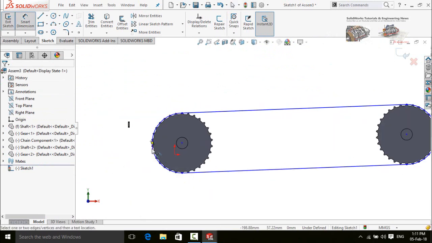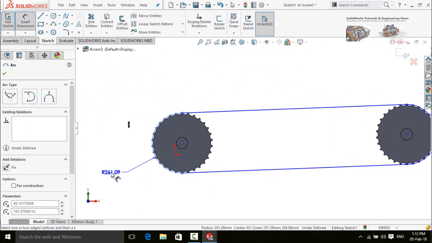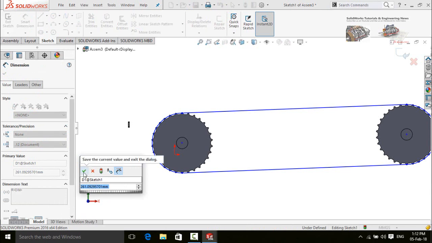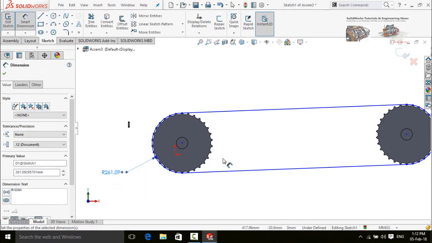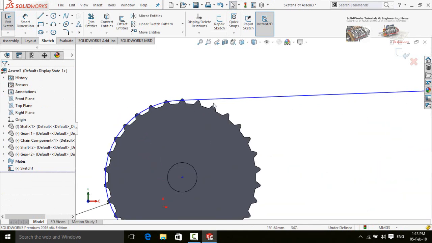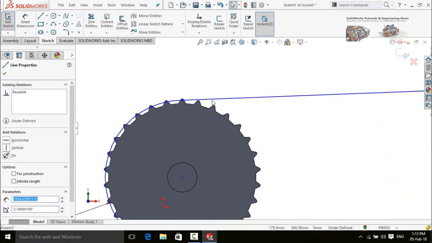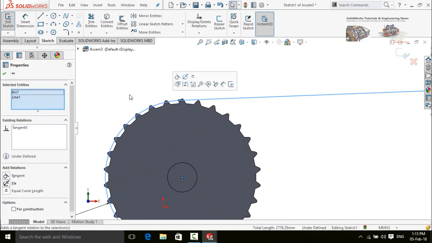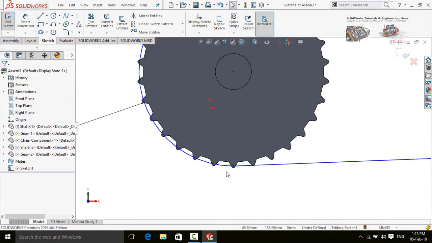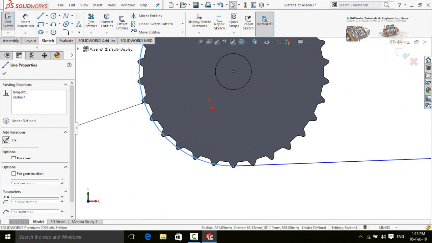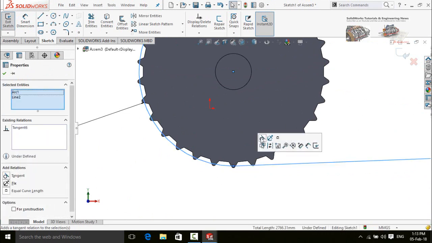Now define it, the radius, leave it as same. Now press and hold Ctrl key from your keyboard and select this line and then this arc and make their relation tangent. One by one make the tangent relation for all the joints.